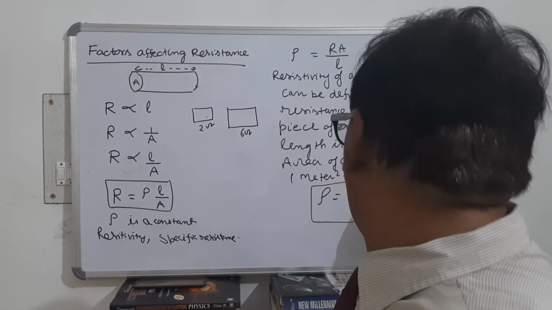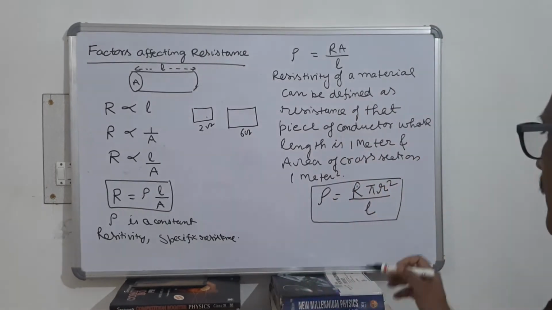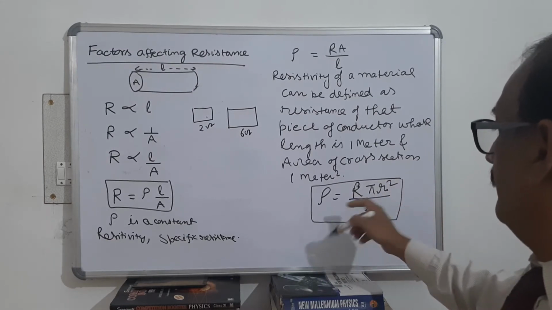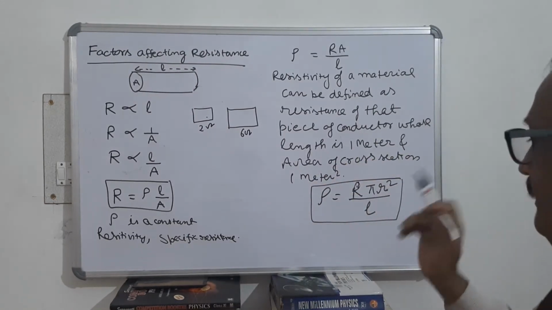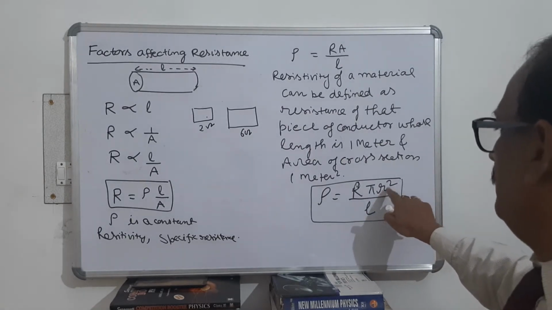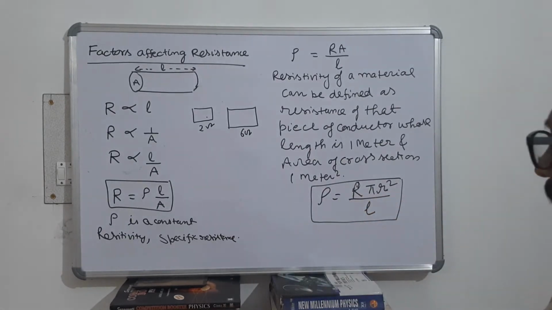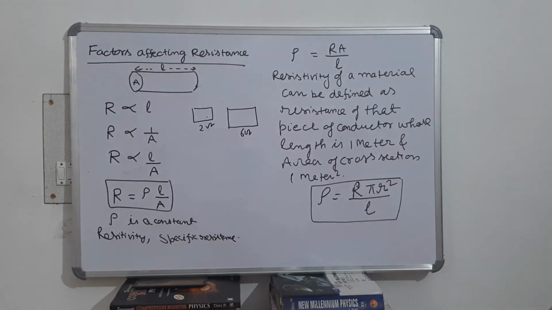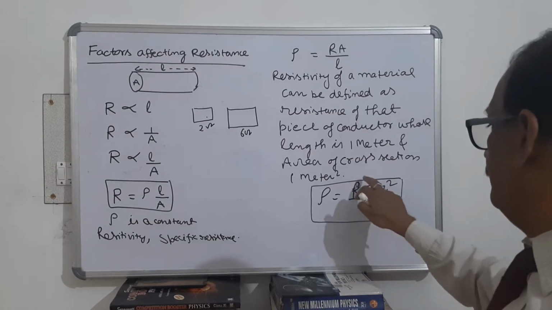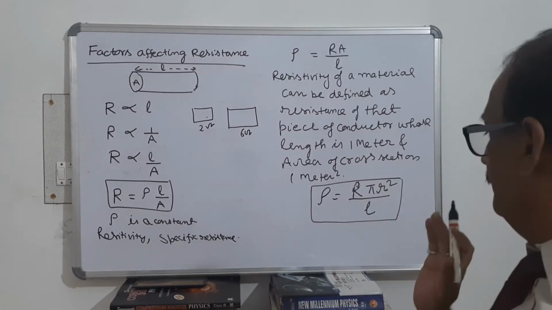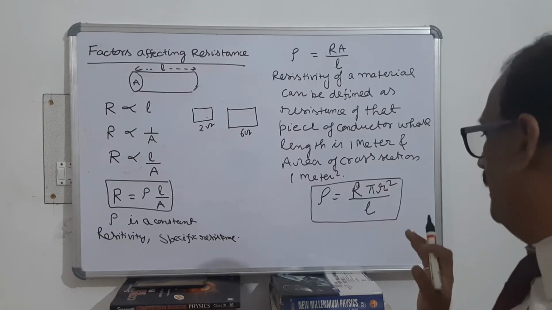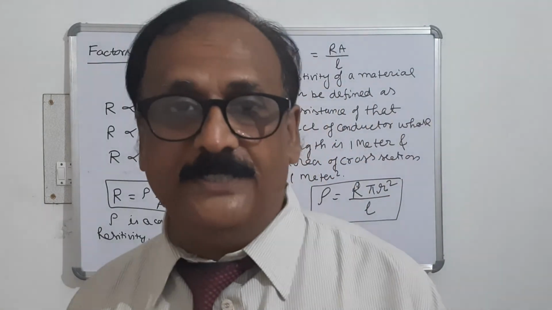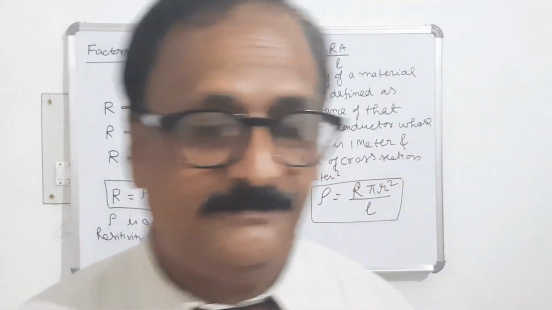If you change the radius r, then R will also change. And if you change L, this R will also change. Therefore, by changing r and L, the resistivity will not change. It is not like that if the radius is doubled, resistivity will become 4 times, or if the length becomes 3 times, resistivity will become 1 by 3. Because if you change the length and radius, this R will also change. Therefore, resistivity rho equal to R pi r square by L does not depend on radius and length. It is the whole property of matter.